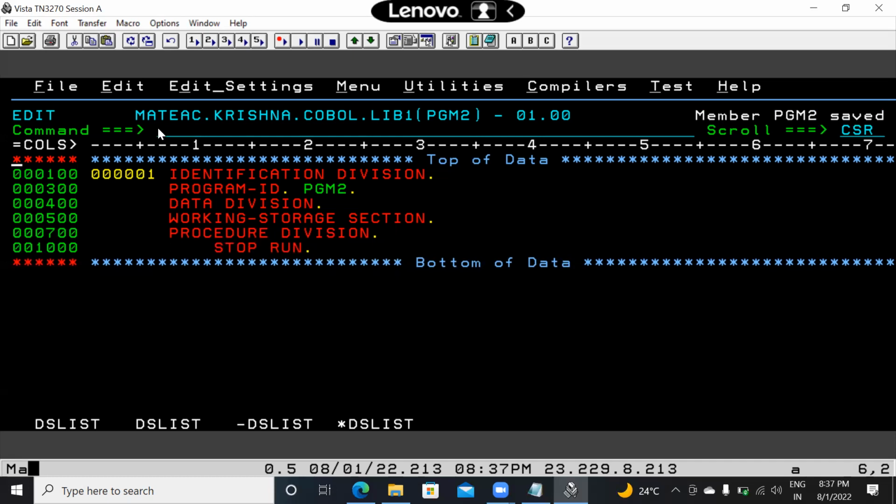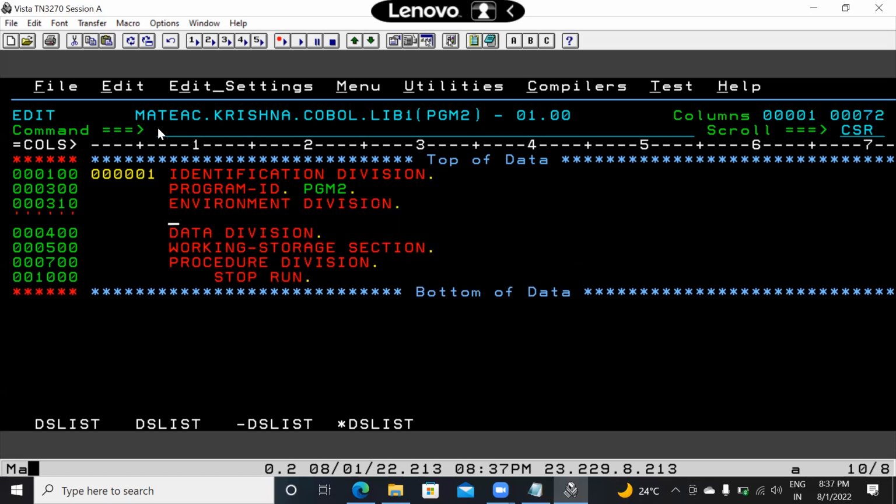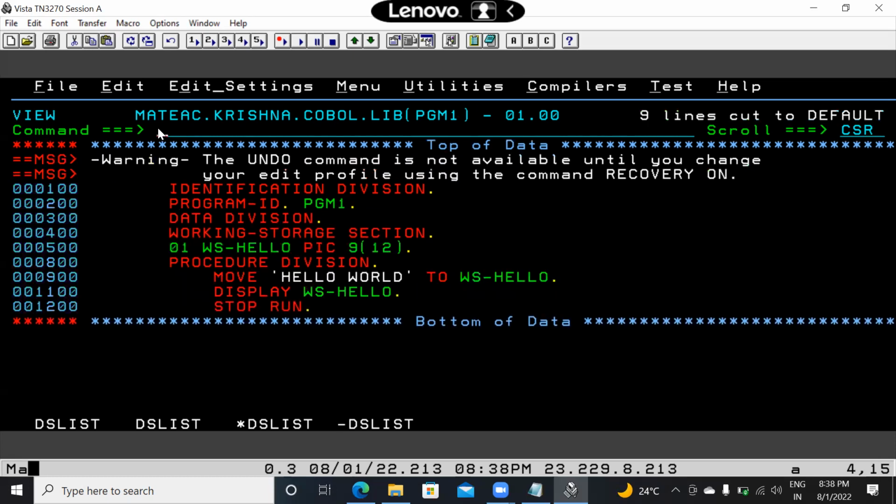When we use files, we have to mention the environment division. So this is the identification division, and then the environment division. We have to use this division when we are using files. In this division we mention the files: what are the input files and what are the output files of the program. For us the input file is